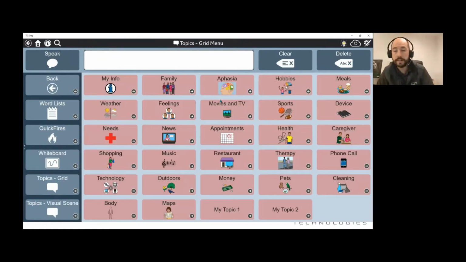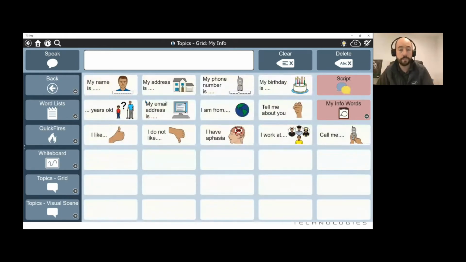So your topics grid is built up of, again, a lot of different categories. For example, my info, family, aphasia, hobbies. So if I jump into my info, for example, it's like a passport for yourself. So my name is, my address is, my phone number is, my birthday is. So again, that's helping the person to remember those simple details that we would take for granted that we use